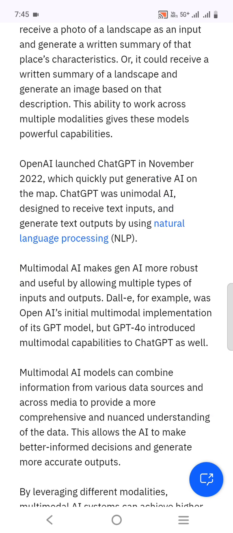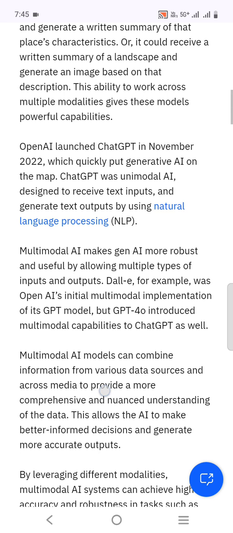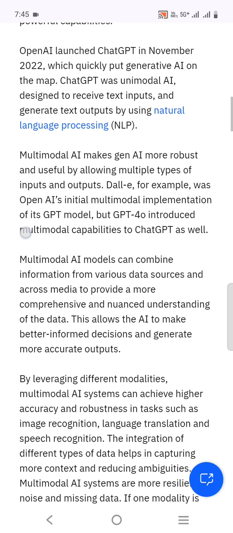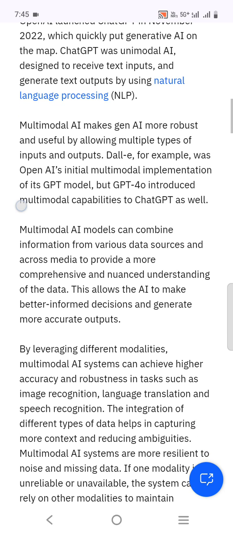OpenAI launched ChatGPT in November 2022, which quickly put generative AI on the map. ChatGPT was unimodal AI designed to receive text inputs and generate text outputs by using natural language processing. Multimodal AI makes generative AI more robust and useful by allowing multiple types of input and output.